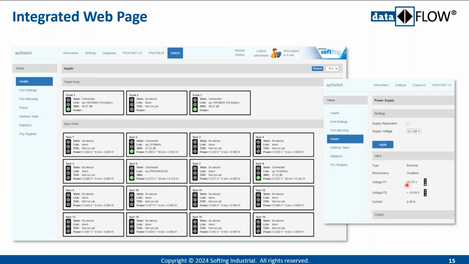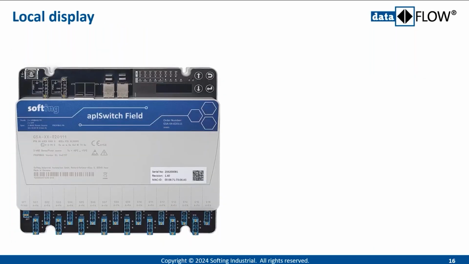What you also have is a redundant power supply. You can check that everything is in the right state in terms of this traffic light, things like that. So that's the web server stuff. The other thing we also have on the switch, which we implemented especially for configuration, but also for some